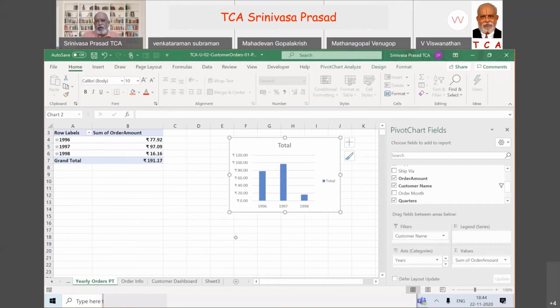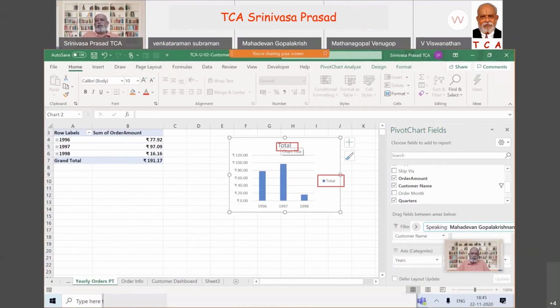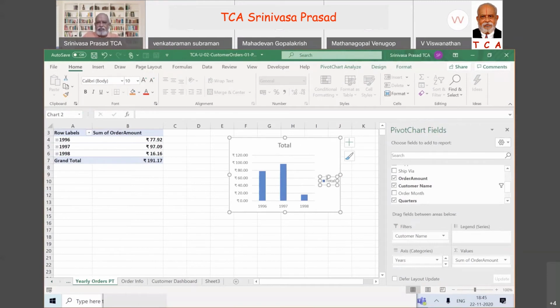But we also know there is a total already written here. This total has come one time, and now the second time the total is coming. We don't want the same repetition. So let's do one thing. We click here. You can do it two ways: you can double click and then see, or you can simply remove it with a Delete. So the total has also gone, and now you have a chart clearly.